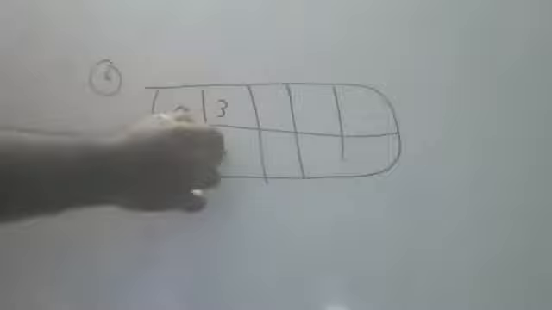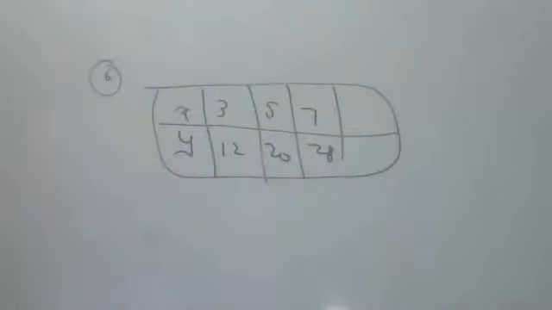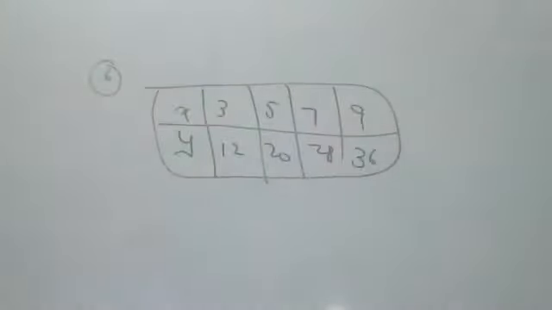Find the constant. This is the question they gave, in a box. Please see there, children. Sixth question, all of you. Find the constant, it is asking. The question is 3 by 12, 5 by 20, 7 by 28, 9 by 36. Find the constant, it is saying, children.